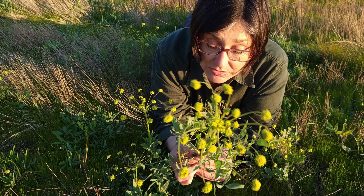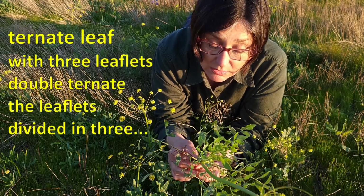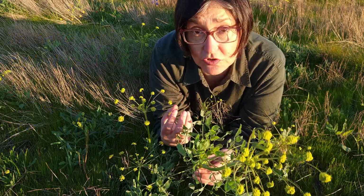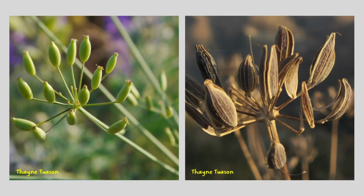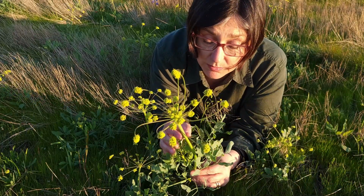The leaves are basal and they're multiply divided, double alternate. So multiply divided in threes and then again in threes, but occasionally in five as well. And they're strong smelling as celery. The leaves, the entire plant, as well as their seeds. Their seeds are also used as spices, and the leaves and the roots are edible, and you can cook with